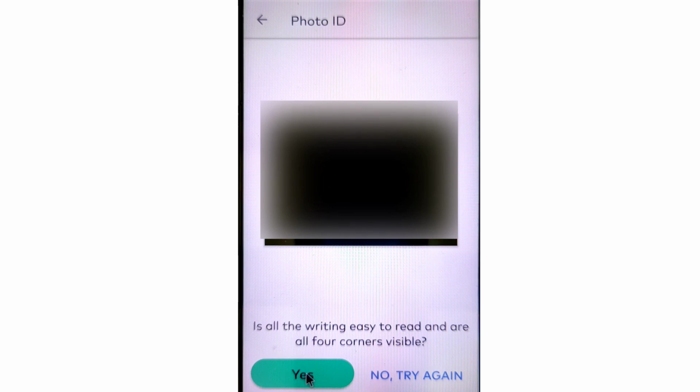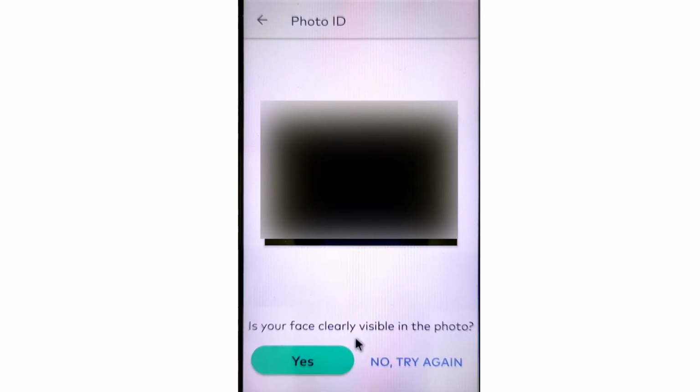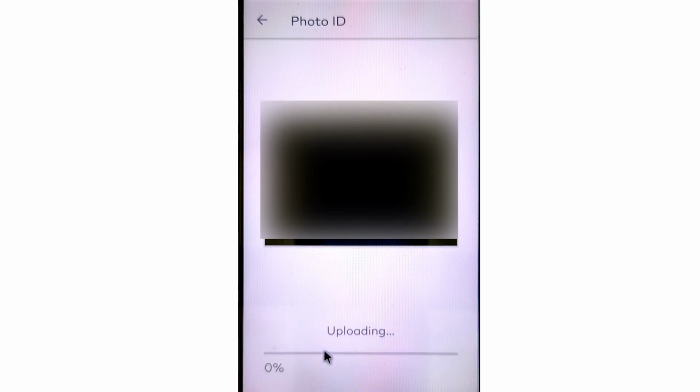So I am clicking on yes. Is your face clearly visible in the photo? If your face is clearly visible, then click yes, and if not, then you have to try again. So I am clicking on yes. After clicking on yes, this is uploading a picture to Starling. Then after it processes, you can see that